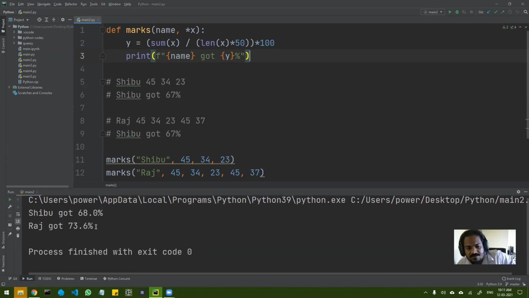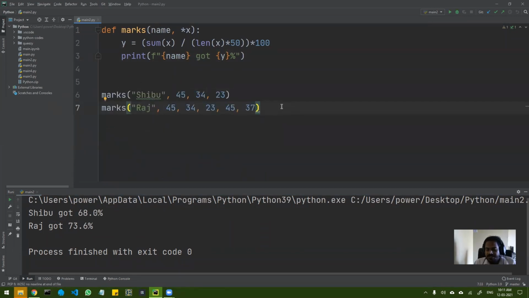the percentage। okay Shibu got 68% and Raj got 73.6%। okay so this is how you can do positional as well as variable arguments। okay so these were the 4 types in which you can pass the arguments। okay so first one is positional, keyword based, डिफॉल्ट एंड वेरिएबल।